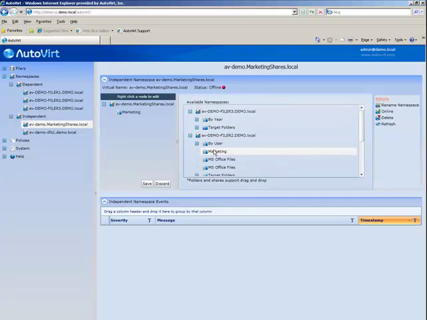Then, you can drag and drop them into your namespace. My new Marketing Shares namespace now contains shares from 2 different file servers on my network. When end users map to this new namespace, they will access these shares as if they were on a single